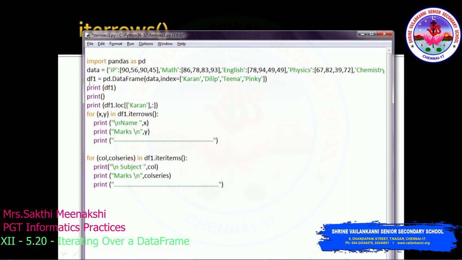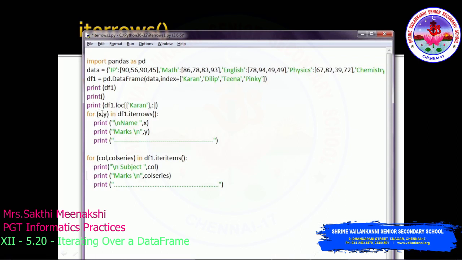Okay, so here you can see I am just giving the difference between what is loc and what is iter. Using the loc also you can move along the row wise, right? So iterrows, we know this moves along with the rows. So it returns two values. So that's why I am using the for loop here. You can take any two identifiers. So I am using x comma y.